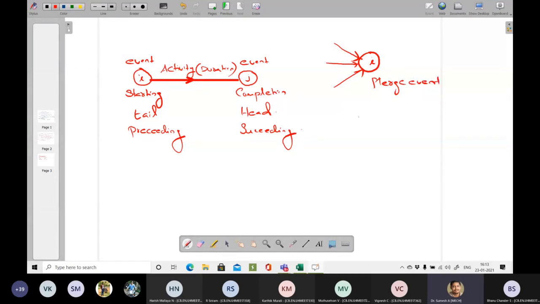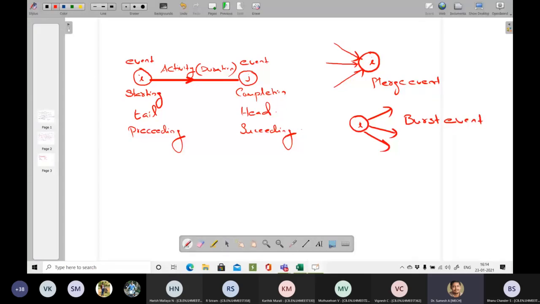Sometimes again the event I can be like this: from one activity, multiple activities are starting. So this is called a burst event.